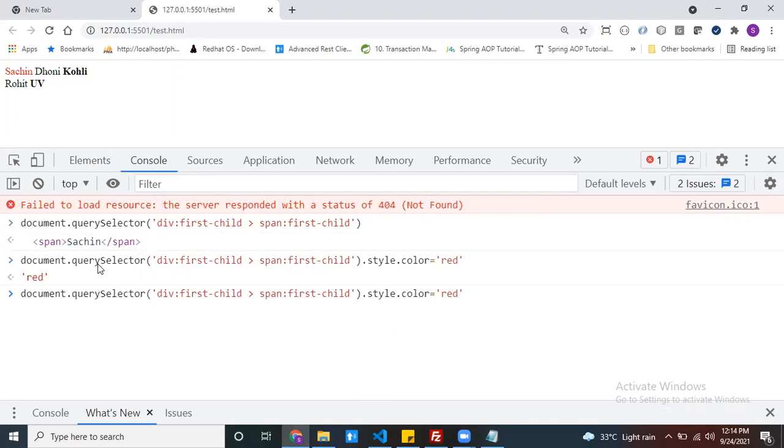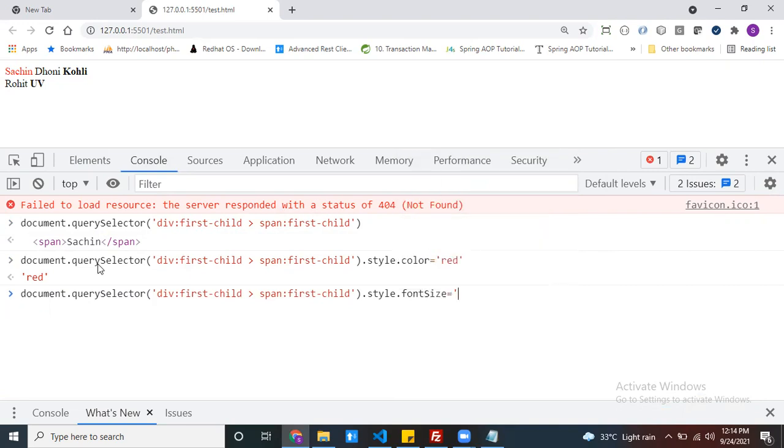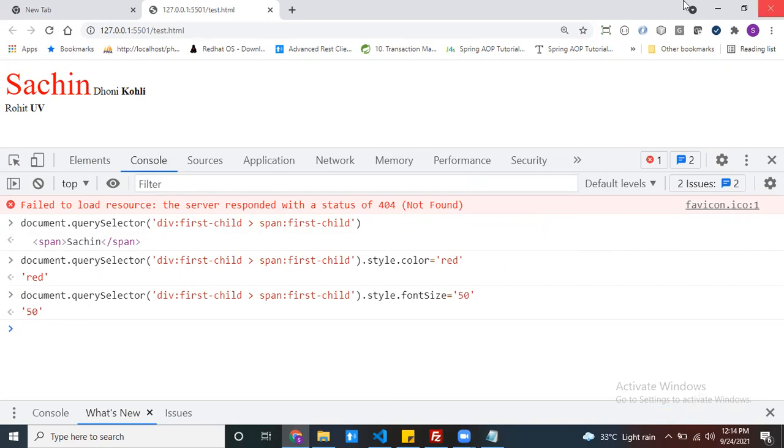Okay, I want to make the font size different. My font size is equal to, okay, 50 pixels. Yes, you can put it. This is the way querySelector is going to work. My querySelector always takes the CSS selector of an element as an argument. Perfect. Now, if I use the same selector for querySelectorAll,